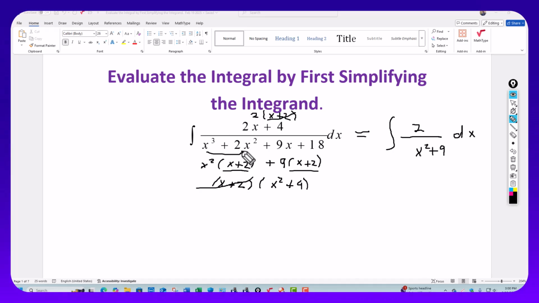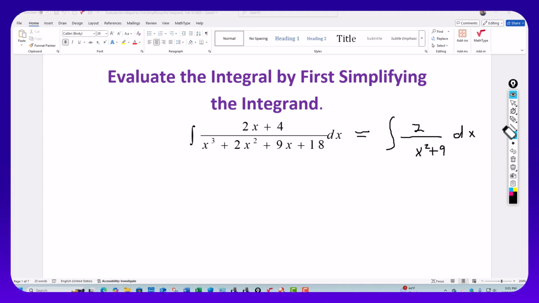The integral simplified. That's why, even if it doesn't say in this particular problem, it gives you a hint to simplify the integrand. Sometimes it won't say that, but that's the first thing you want to do. Can you simplify the integrand and make the problem a little bit easier? Well, in this case, it makes it a lot easier. You don't have to mess with partial fractions for this one here. This is what we have. And you should recognize this